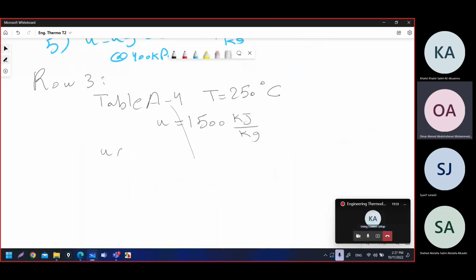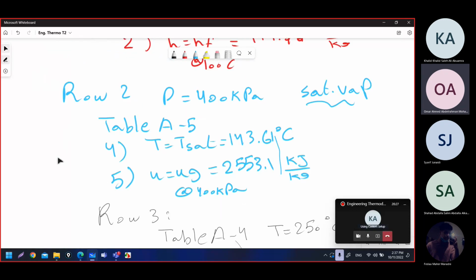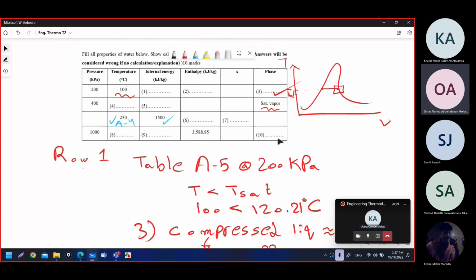So if I wrote UF is less than U and U is less than UG, it will be equal: 1080.7 is less than my value for U, 1500, and it is less than UG, 2601.8. Okay, so it is a saturated mixture state. That is still